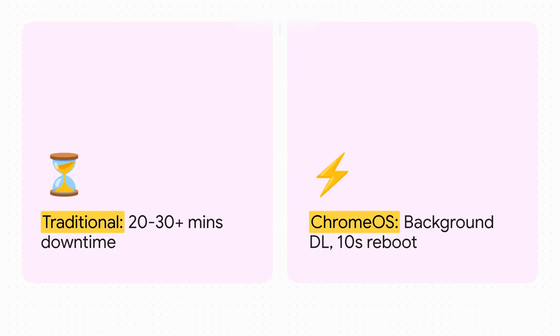Now, this specific backup architecture brings us to a massive paradigm shift in everyday user experience. With traditional operating systems, a system update usually means 20 to 30 minutes of active downtime, staring at a spinning wheel, usually right when you're 5 minutes late for a crucial Zoom meeting, right? Because chromeOS stores two distinct, separate OS images right on the device, updates happen completely transparently in the background. They download roughly every 6 weeks while you just keep working. When it's done, you reboot, which takes maybe 10 seconds, and the active partition simply flips over to the newly